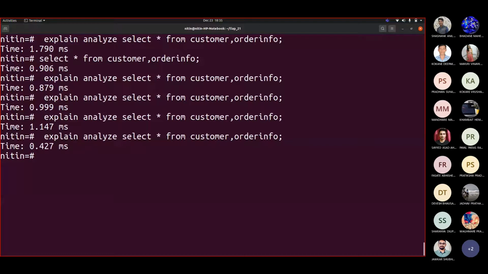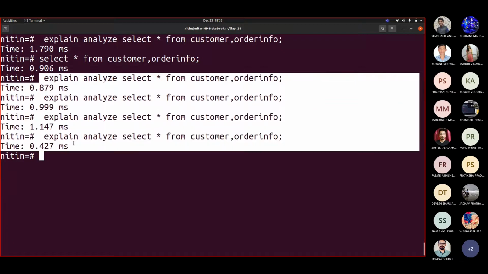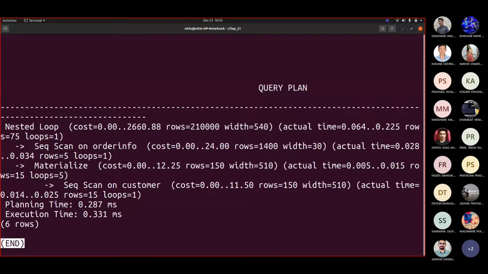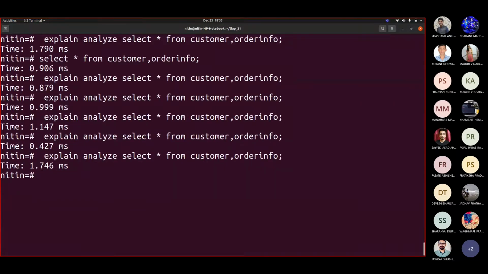Why is this so? Can somebody tell me? At least try to compare these values with this one. So it is suddenly getting down or increasing, and then it is nearly below half, below like 50% of what was taken earlier. If I fire it again, now see, suddenly it increased. So it totally depends on what operations are running on your system.